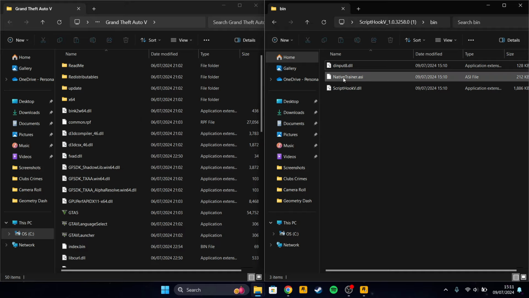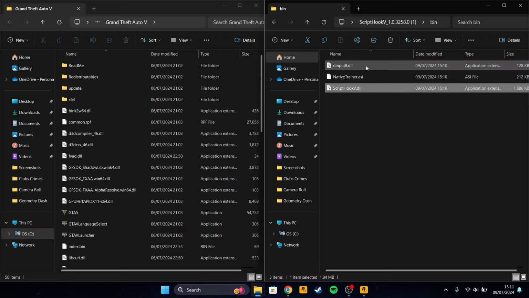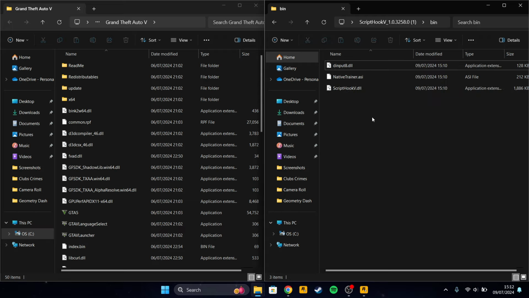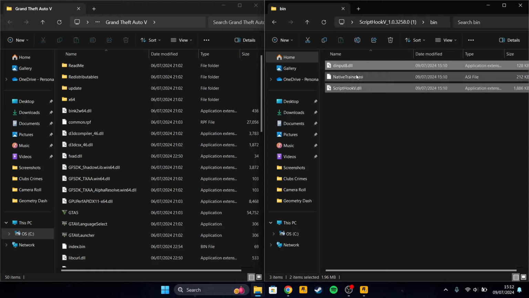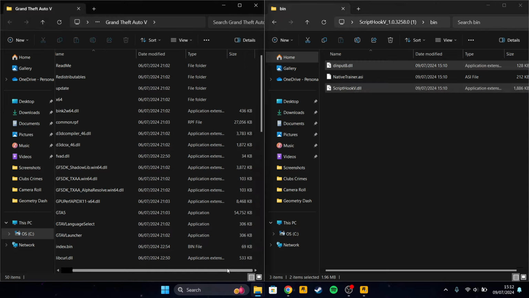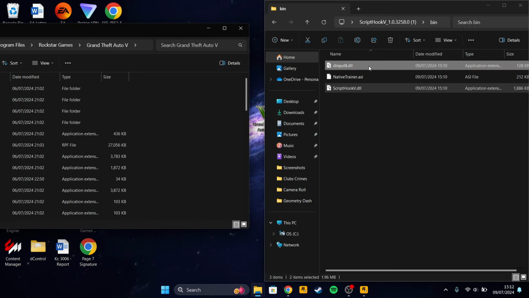Now we're going to do some dragging and dropping here, and this is going to happen a lot in this tutorial, and it's very important that you drag and drop everything in the correct location. Now what we're going to drag and drop is Script Hook V and DInput. So you want to hold control, left click, and then you're going to ignore the native trainer for now. I'll tell you what that is in a second. So you want to drag and drop,